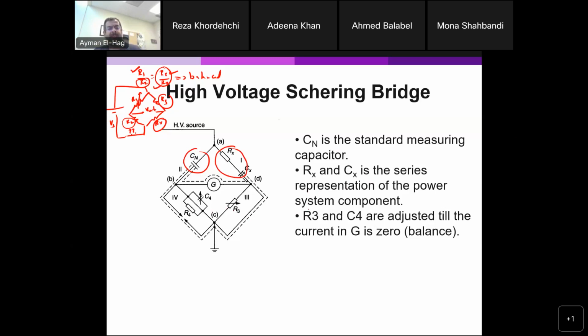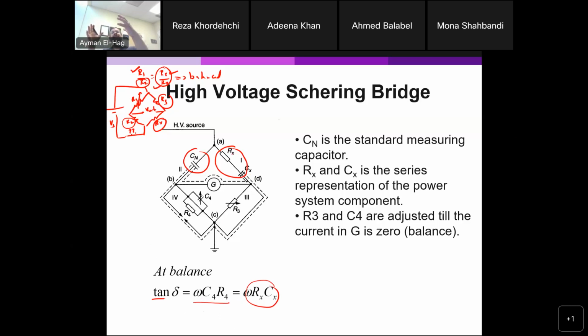We control them until the current in the galvanometer. A galvanometer is a very precise meter that can measure current, very, very small values. So we keep playing with this until the reading in the galvanometer is basically equal to 0. Then that is the balance condition. And once the balance condition happens, the tan delta, which is basically equal to omega Rx Cx, will be equal to,